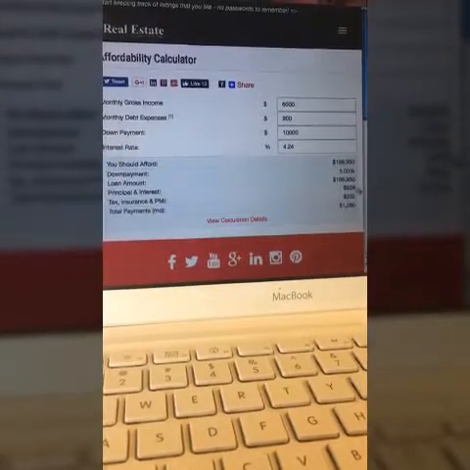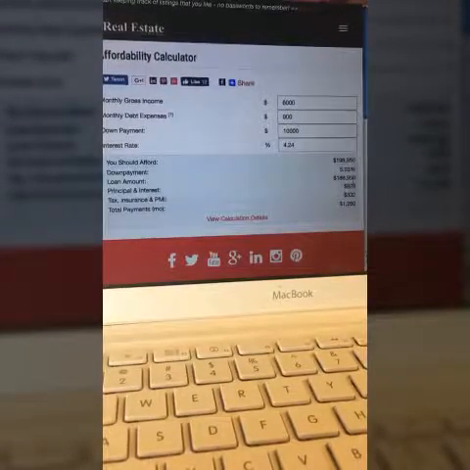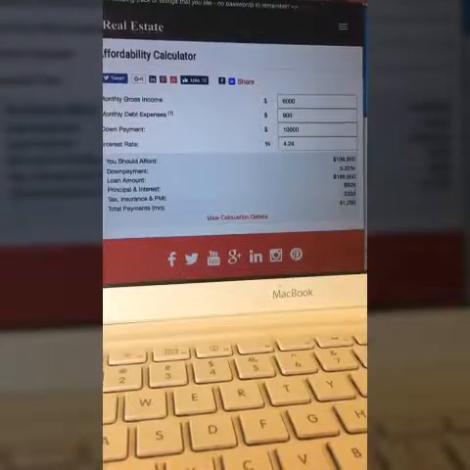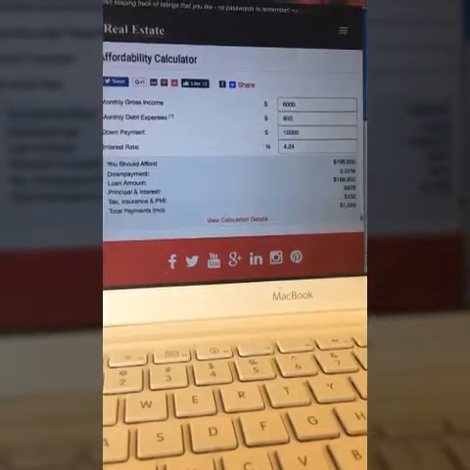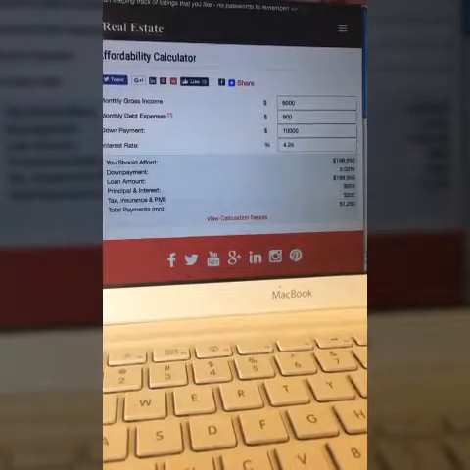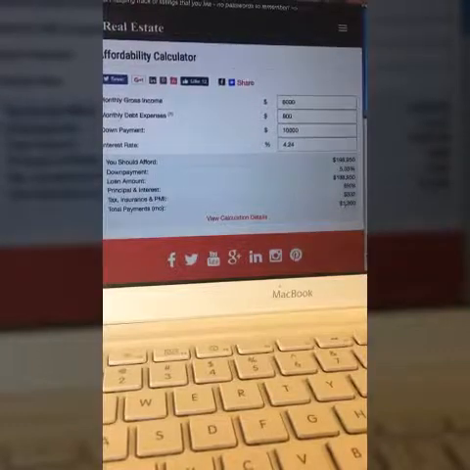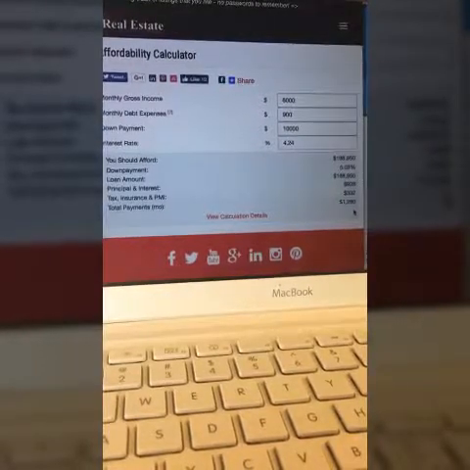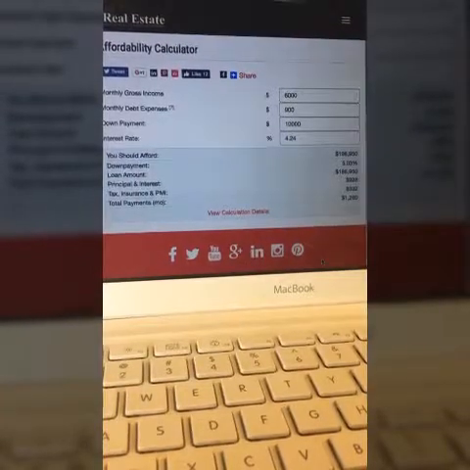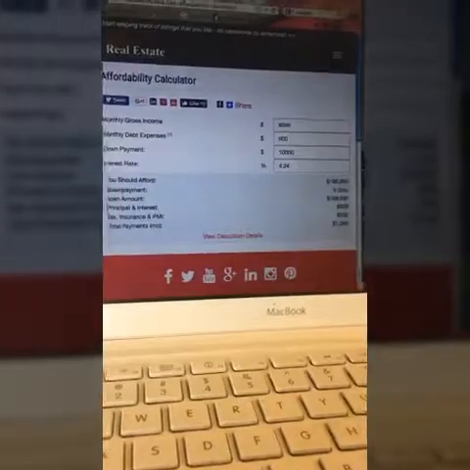Then it breaks it down to monthly payments here. For a $188,000 loan, your monthly principal and interest would be $928. And your escrow account, which is your taxes, insurance, and your private mortgage insurance, if you have it, would be $332. So you add these two together to get your monthly payment of $1,260. That's a lot of information for the average person to know,